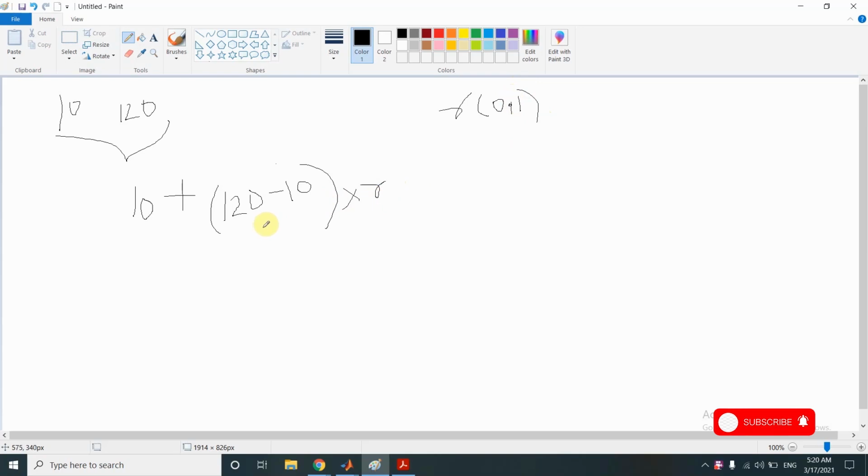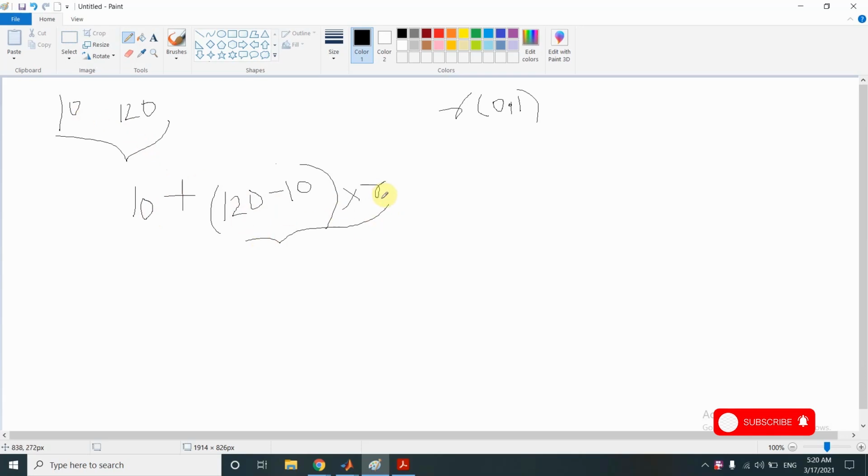So when we multiply this random number with this length, this would ensure that this value is always less than the actual space between the maximum minimum limits. And when we add this to the lower limit, we will definitely get a number which is between lower limit and upper limit.